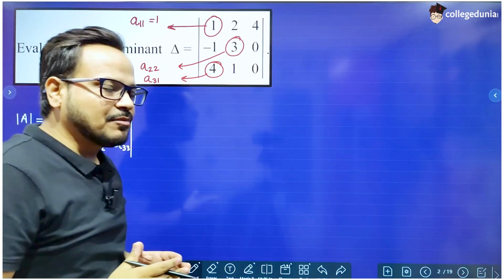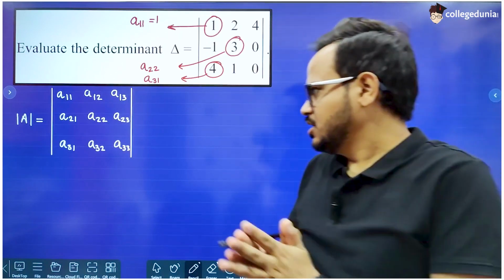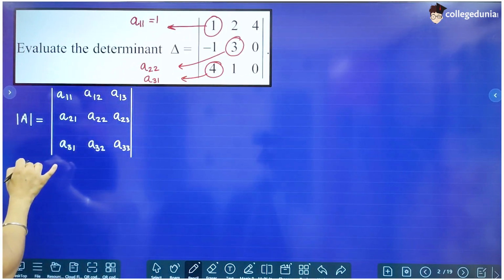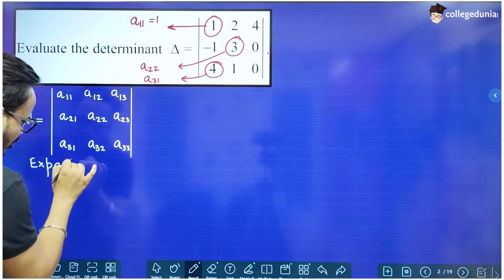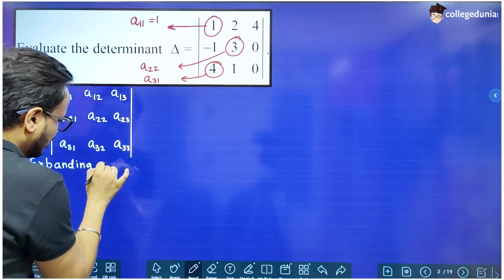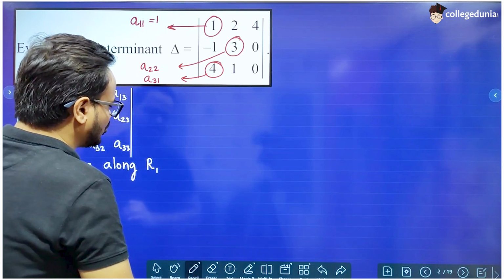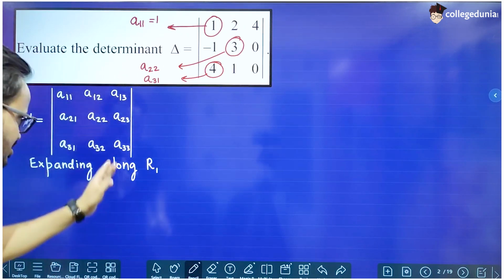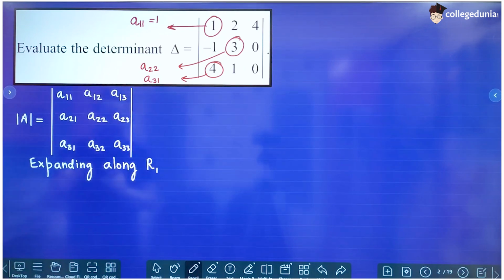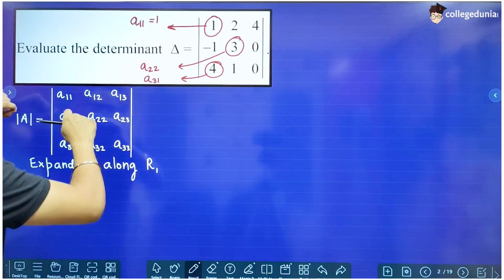Now, a 3 by 3 determinant can be expanded along any row or any column. What does that mean? Suppose I am expanding this determinant along R1. R1 means row 1. This is R1, this is R2, this is R3, this is C1, this is C2, this is C3. C means column, right? So we are expanding this determinant along R1. What does that mean? If you are expanding this determinant along any row, and we are expanding this along